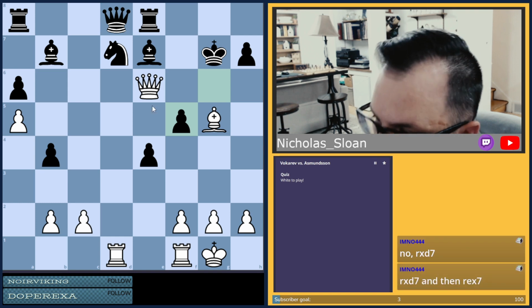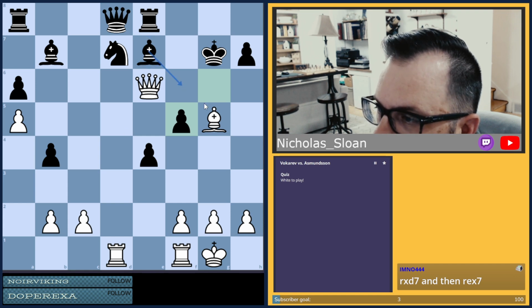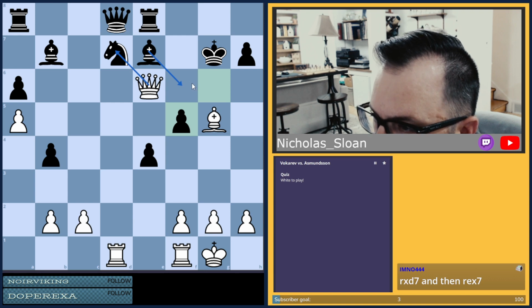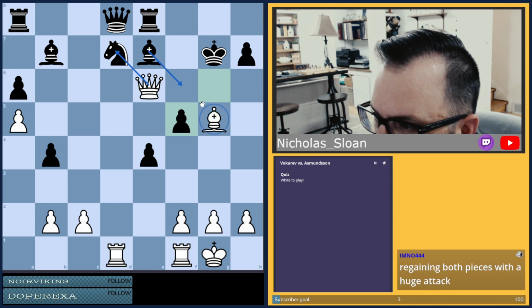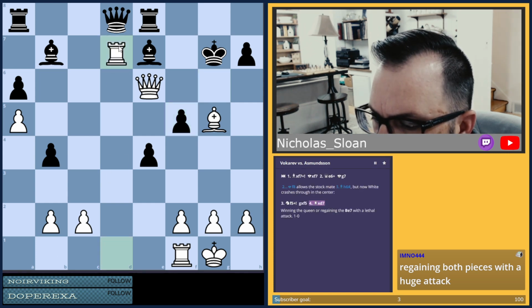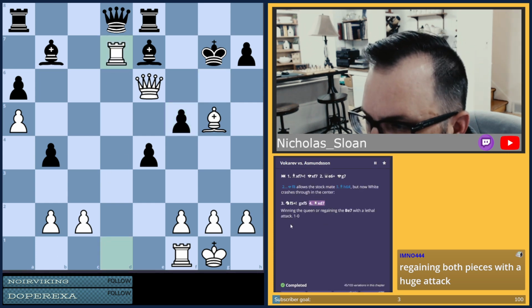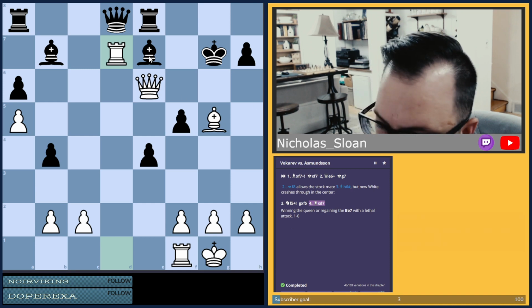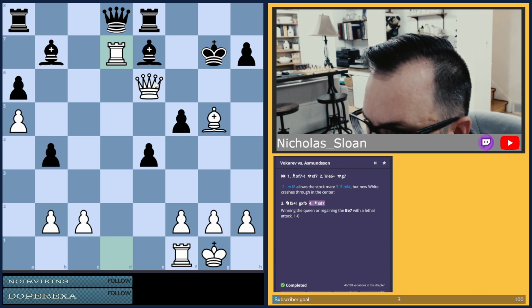Oh, rook takes d7. Yeah, okay, and he can't take here because it's pinned, and then you can just take and then win this. That's all we needed. If he takes here, we take the queen. Takes our queen, we take the rook. Yeah, perfect.